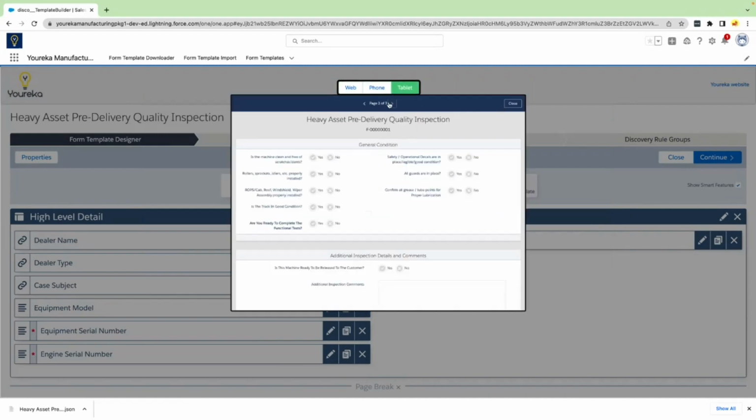And you can page through here and start to interact. So if you wanted to even see if the questions are properly functioning, type in values, it'll make calculated fields, click yes, no, that'll expand and contract sections, and go through and even sign and close that up. Just wanted to give you a quick preview there of what the manufacturing accelerator looks like and how you use it. And now we're going to toggle over to the HLS accelerator,